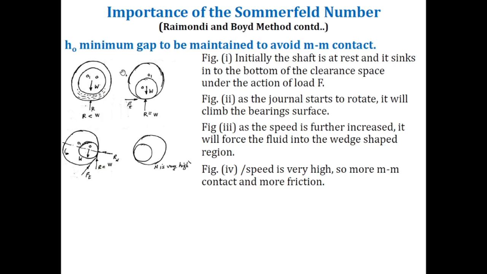It refers to the initial position of the journal and the bearing where R is less than W. So the fluid is over here, and once both are equal, it comes to a stationary position. Load is acting in the downward direction and the frictional force is acting. Once it starts rotating, there is some metal to metal contact between these two, so the normal reaction is acting in this direction. Here again R is equal to W and frictional force is also acting, and because of that there is no minimum film thickness or no wedging action, and therefore continuous metal to metal contact